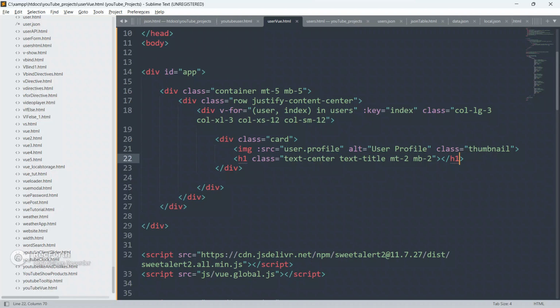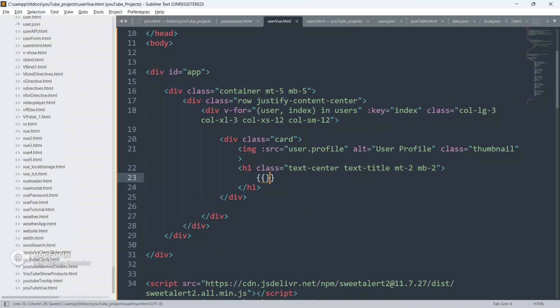Again let me explain, guys. I'm using all the predefined Bootstrap classes here. I'm not using our custom CSS. Later on I will write some custom CSS as well to make this application look good and awesome, but as of now I am using only the predefined classes from Bootstrap.